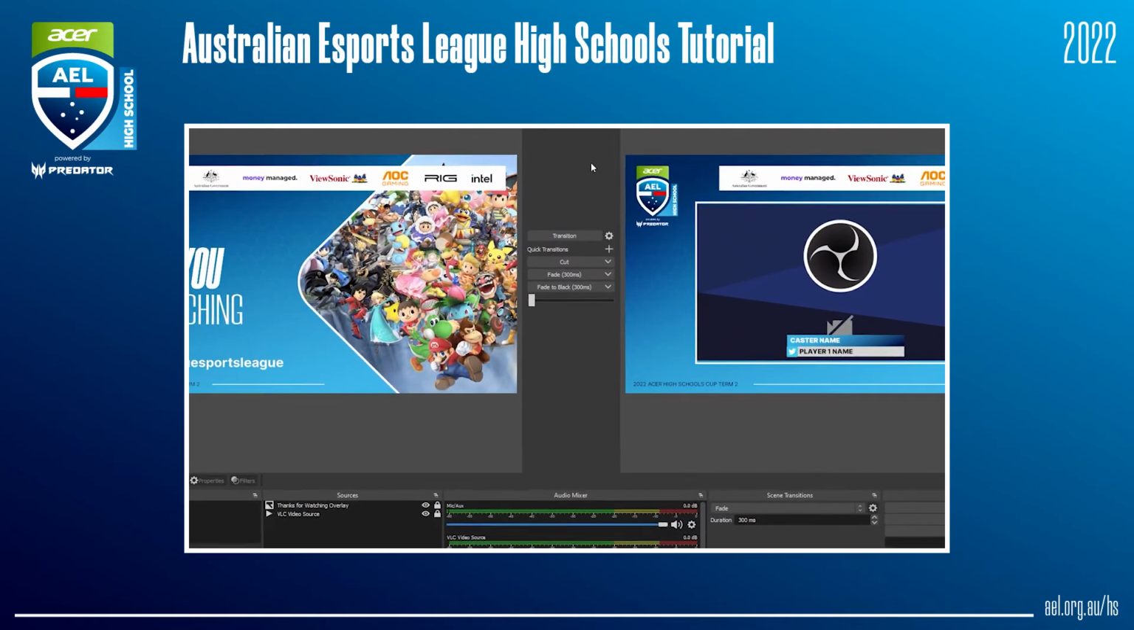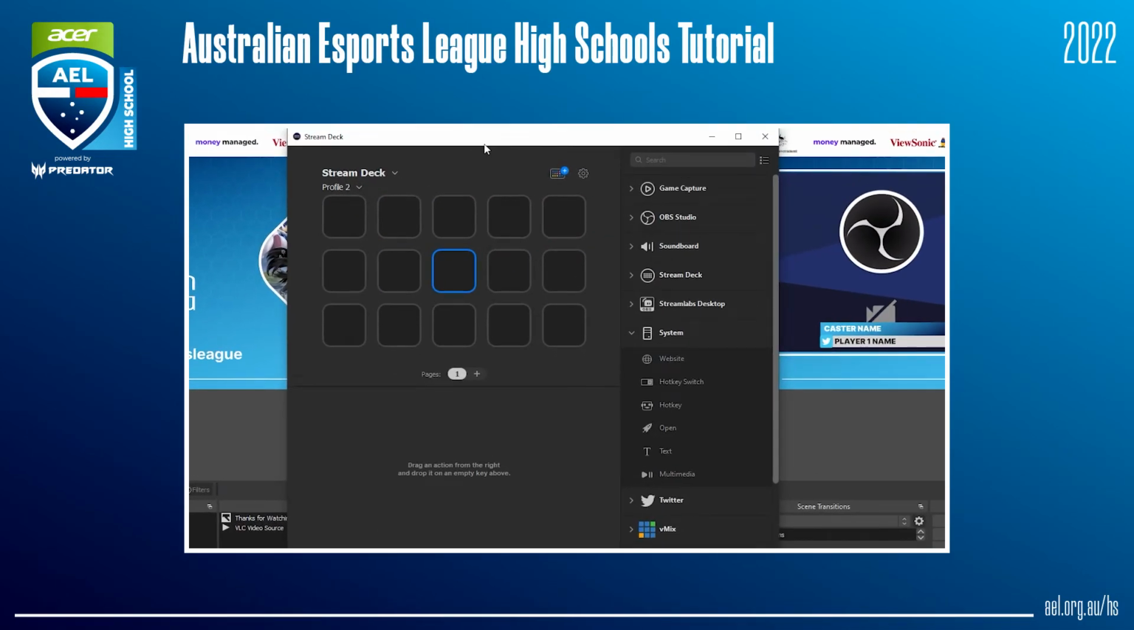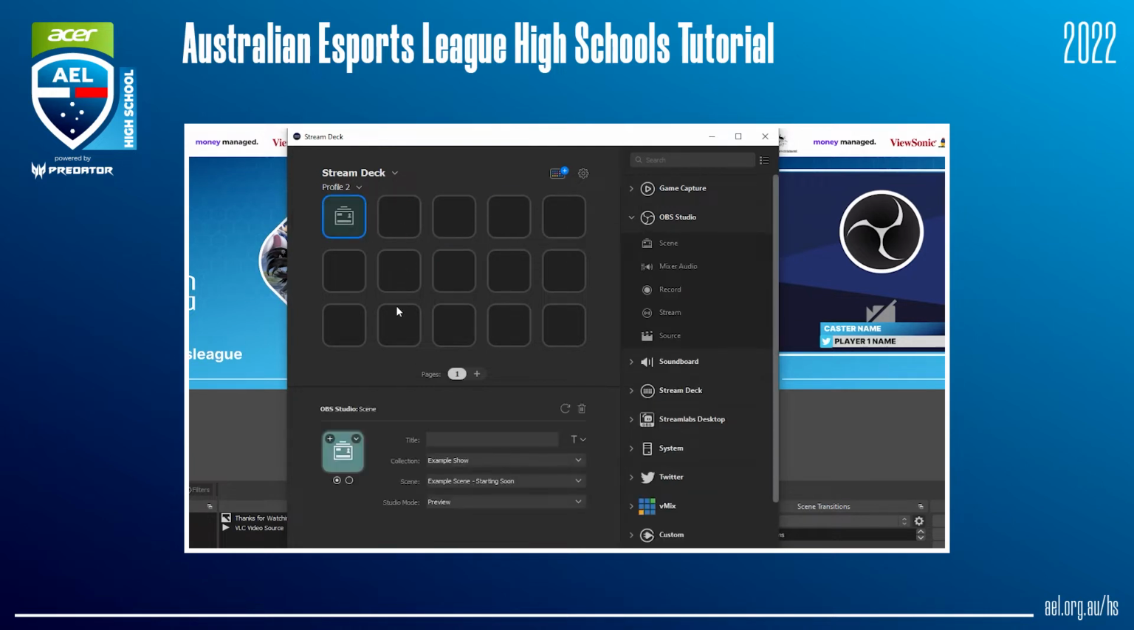Now another cool way of controlling this is we can use something like a Stream Deck. So if I open my Stream Deck software, and I've got my little Stream Deck buddy here, you can see we can start putting in some buttons to help control the show. So if we go to, no, not the Stream Deck, we want to go to OBS Studio, we'll go add a number of scenes, so